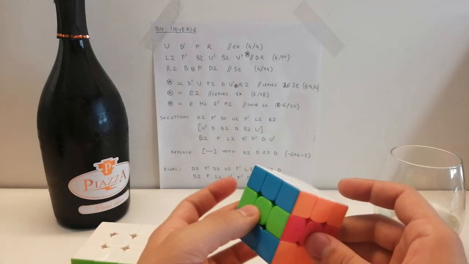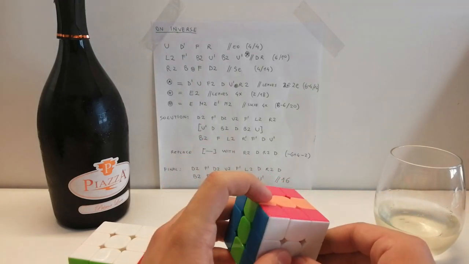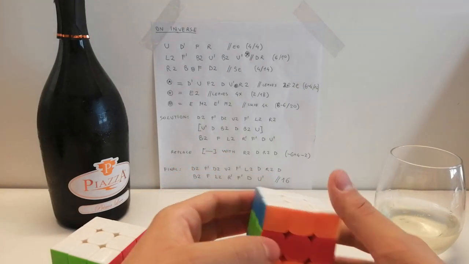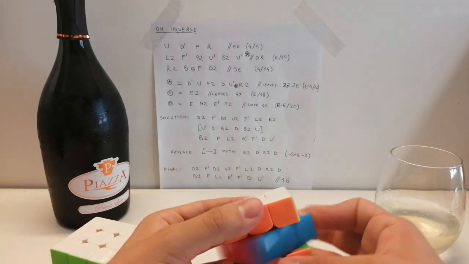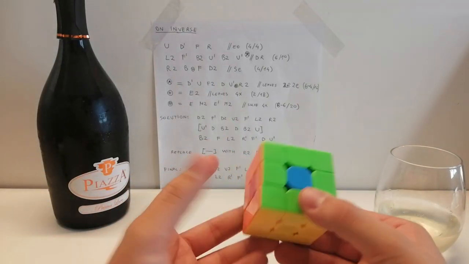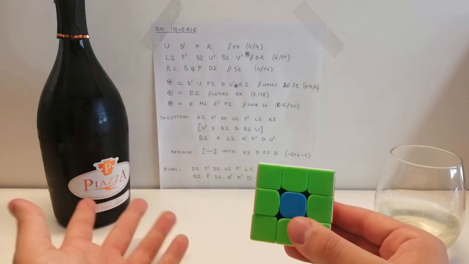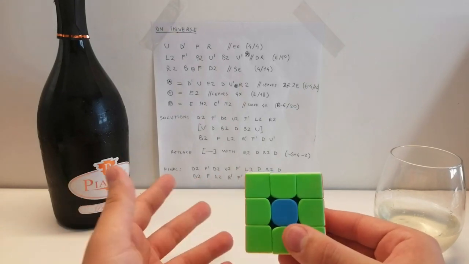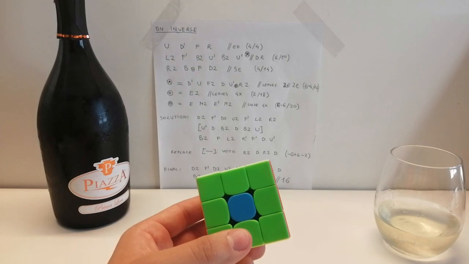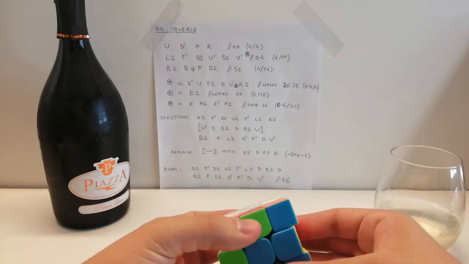E2 swaps 4 centers, but let's ignore them for now. And then it swaps this edge with this edge here, and this edge here with this edge here. So it's a double swap of edges. And it's just 2 moves at the price of not actually solving the edges, but messing up the centers. But that's fine. I can insert centers, and I only used 2 more moves, so I'm at 18 moves, I think. And at some point I can insert, so I have to go back now, D2, F prime, now E2,